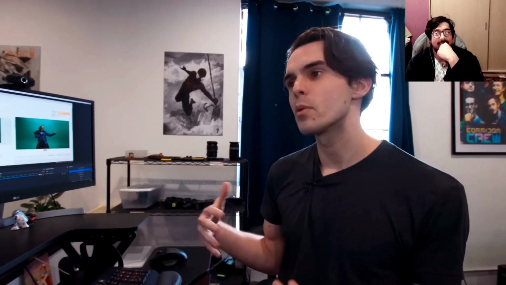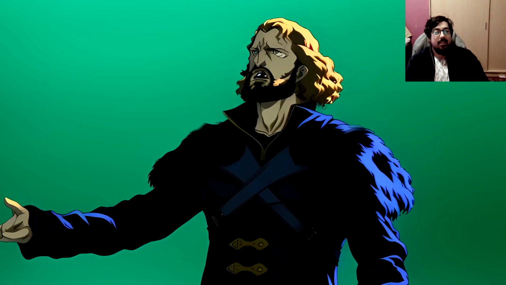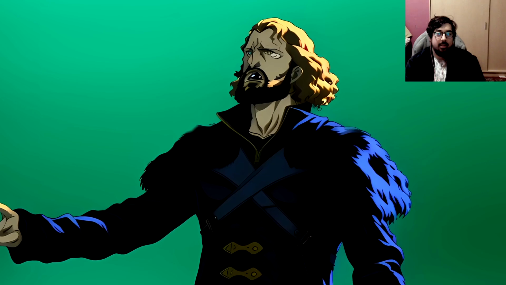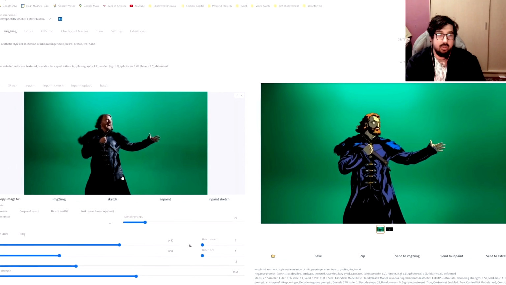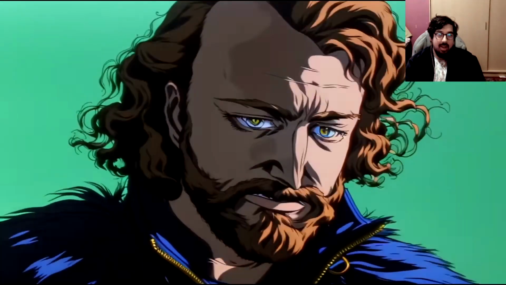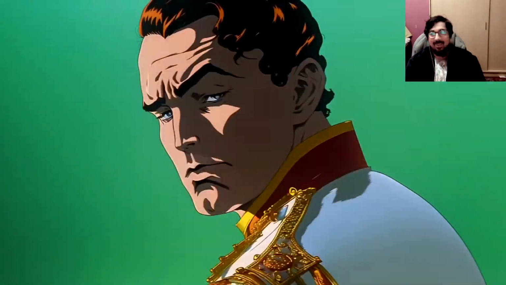There is actually an interpretive element to what the AI is doing. There's blue shading on the fur on his shoulders and basically two-tone shading in his face. It's a really incredible process that we've gotten way too used to at this point. We kind of forget how crazy this technology is.